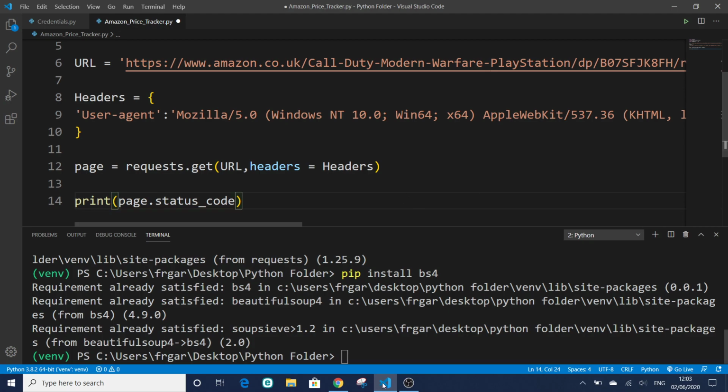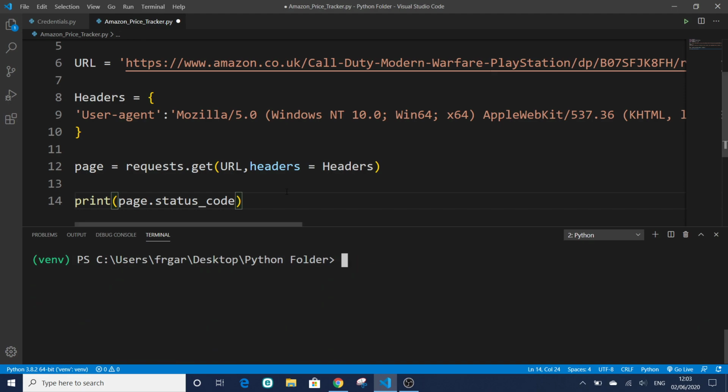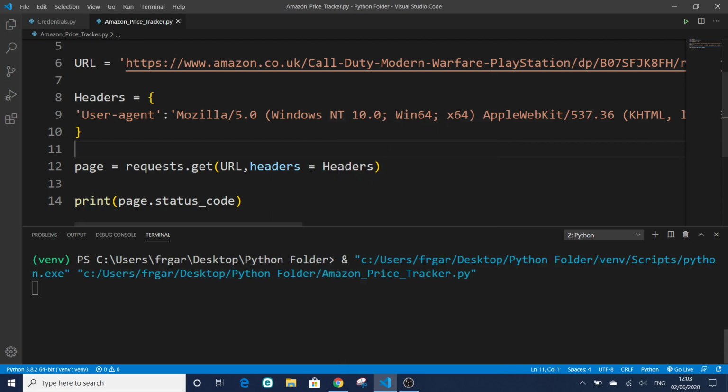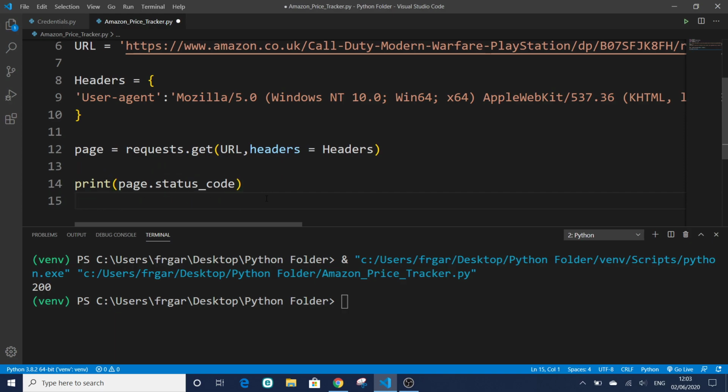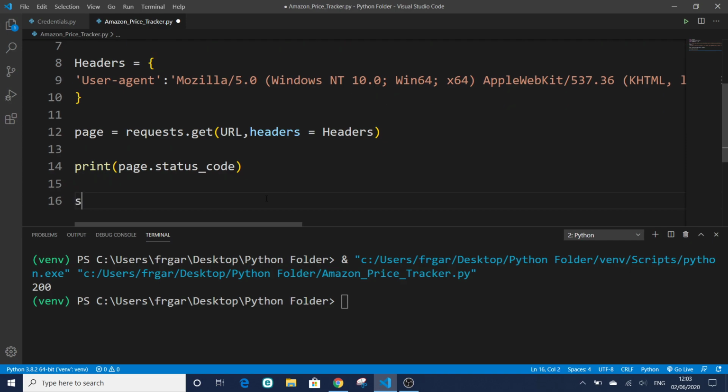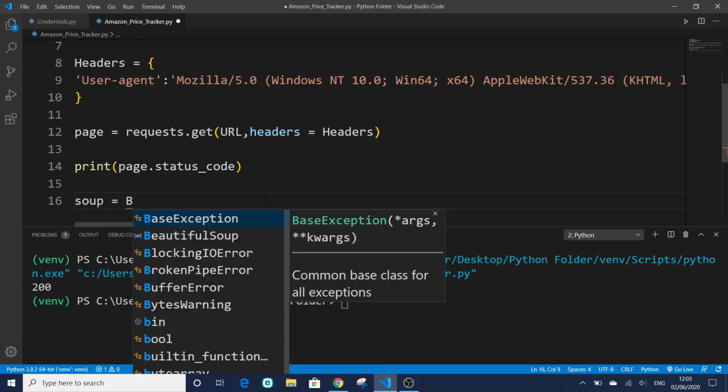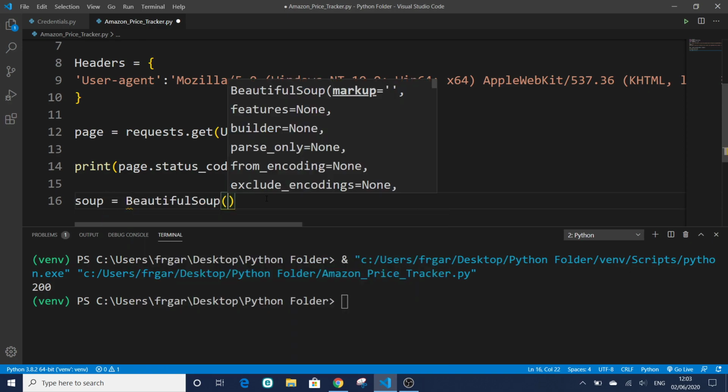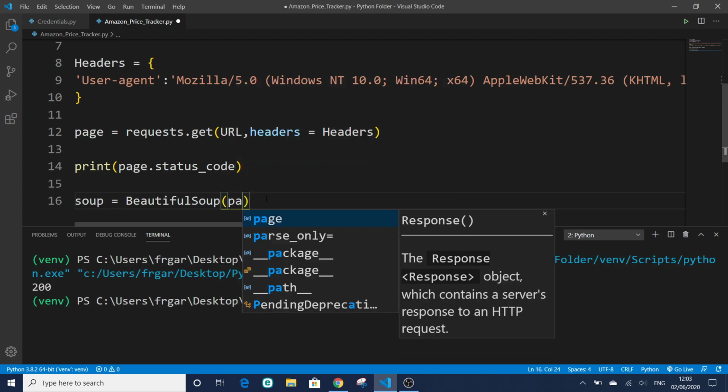So let me clean the terminal, cls if you want to clean the terminal, and now let me execute this program, and if we get 200, that means the page is fine, we can access and we can play with it. Next thing, we're gonna define soup using BeautifulSoup, and we're gonna pass as a parameter the page content